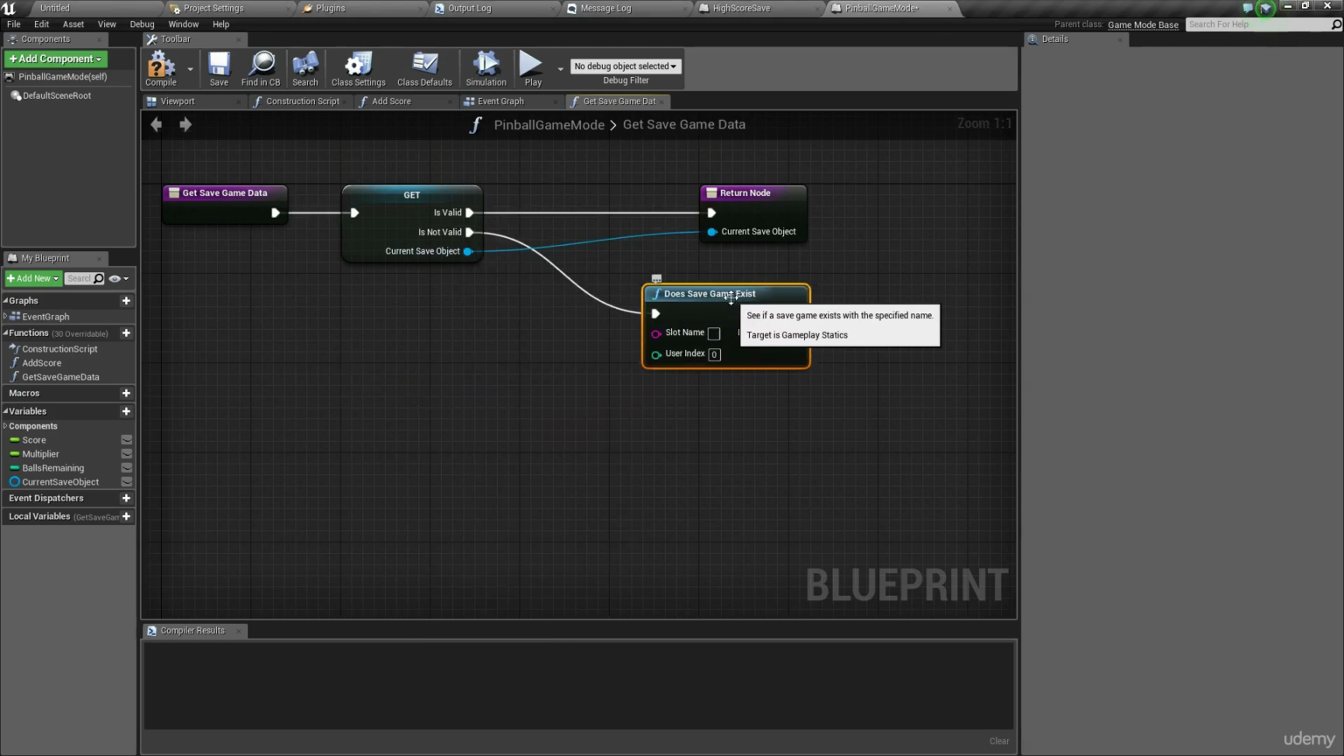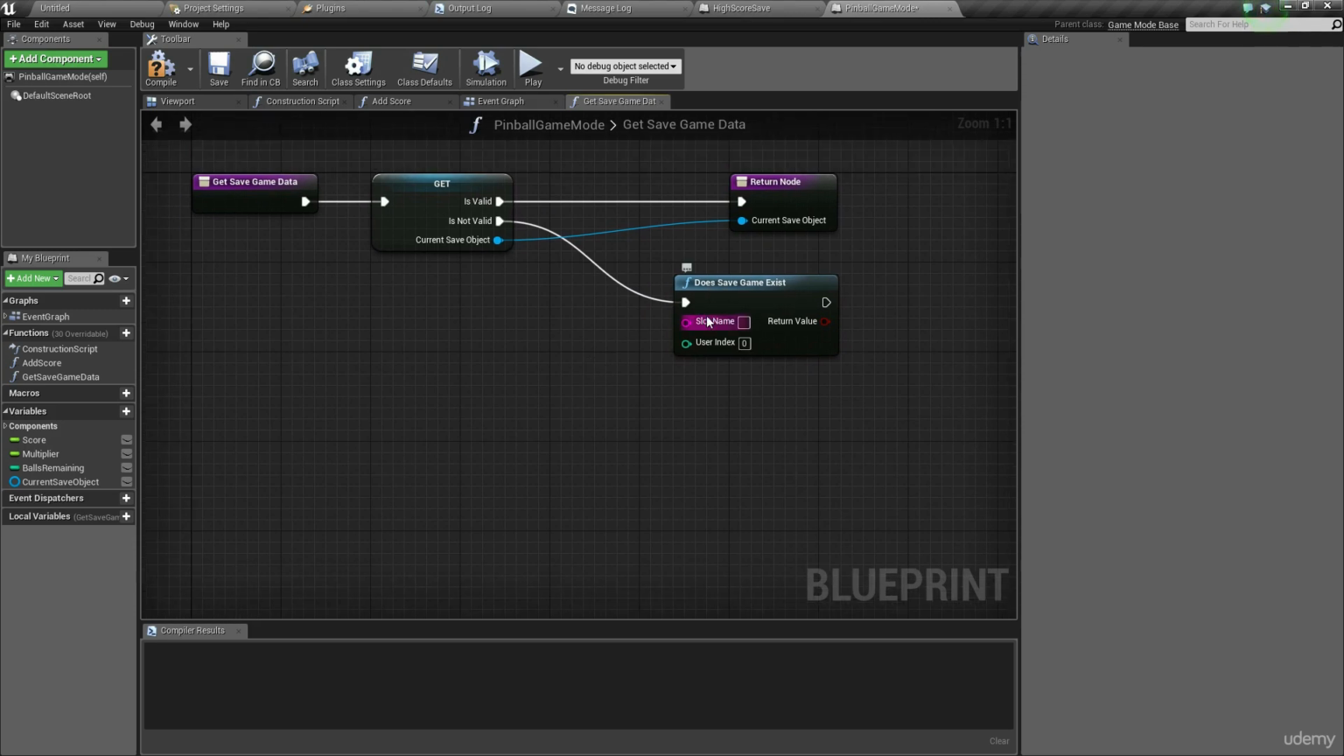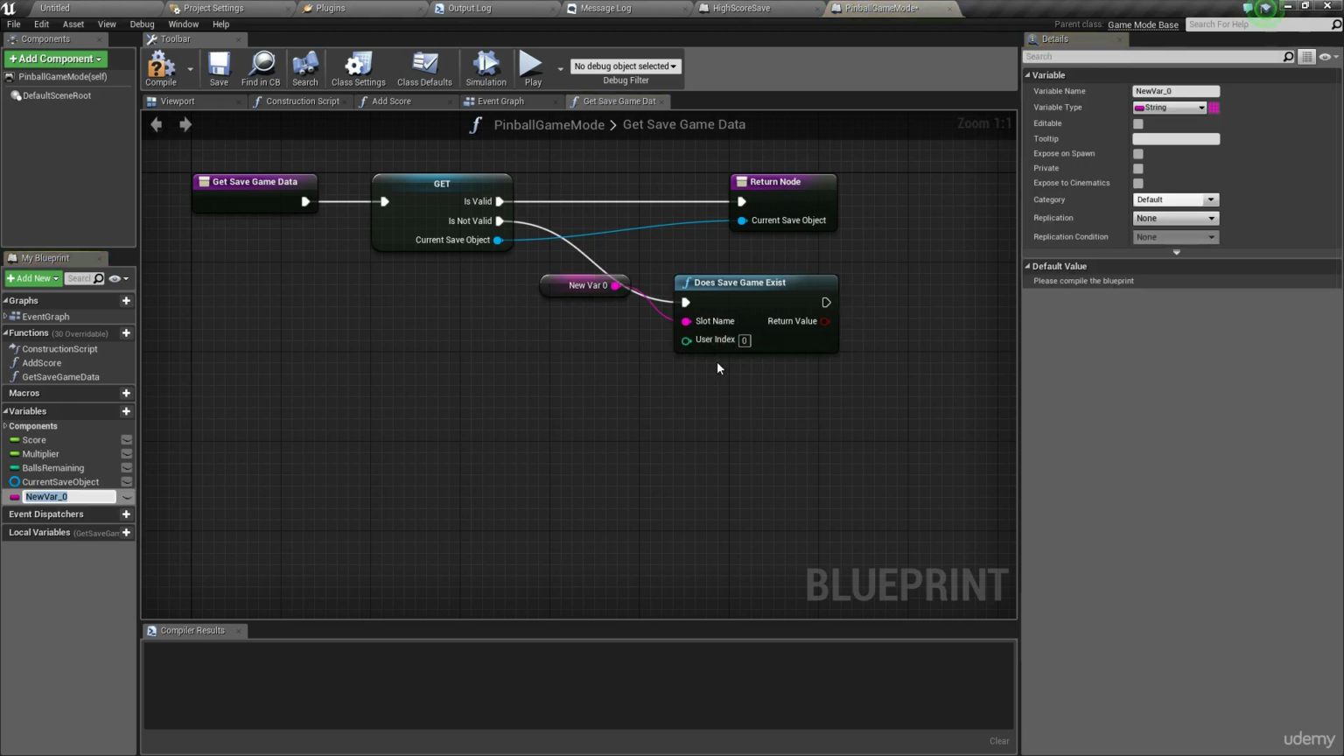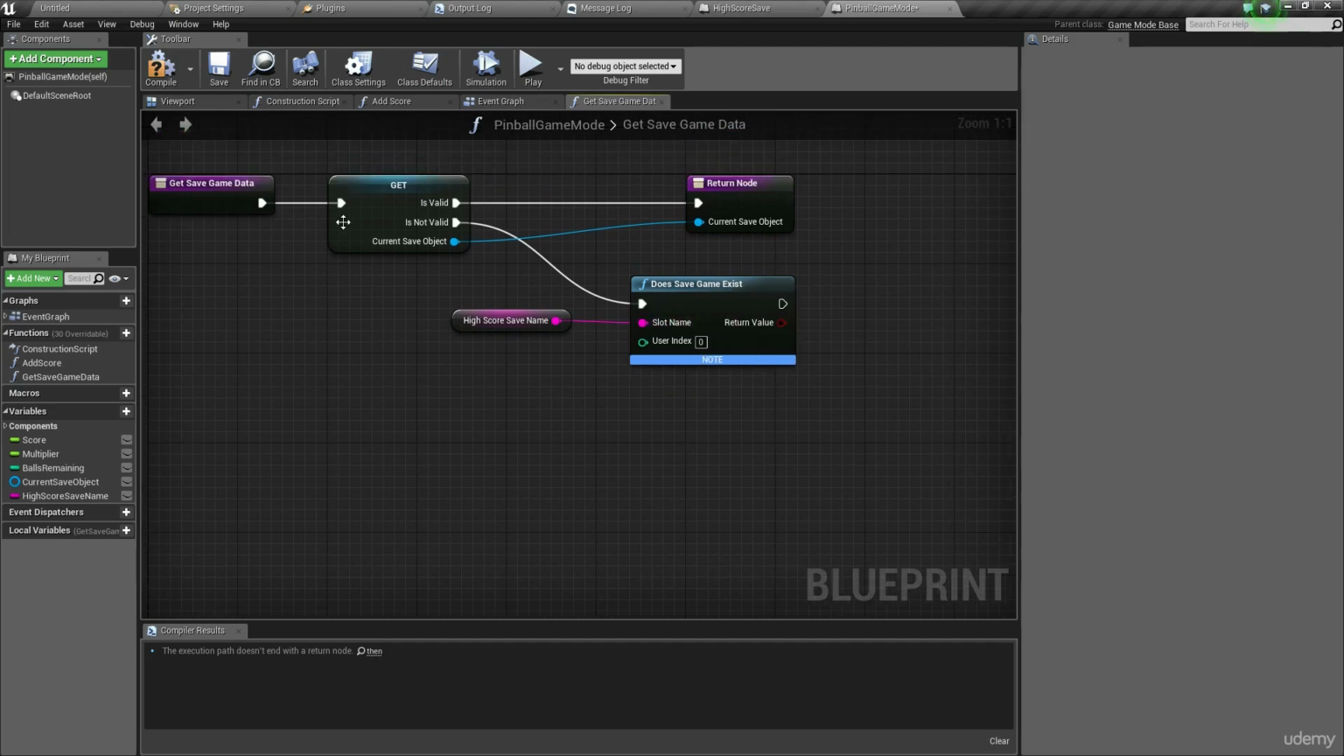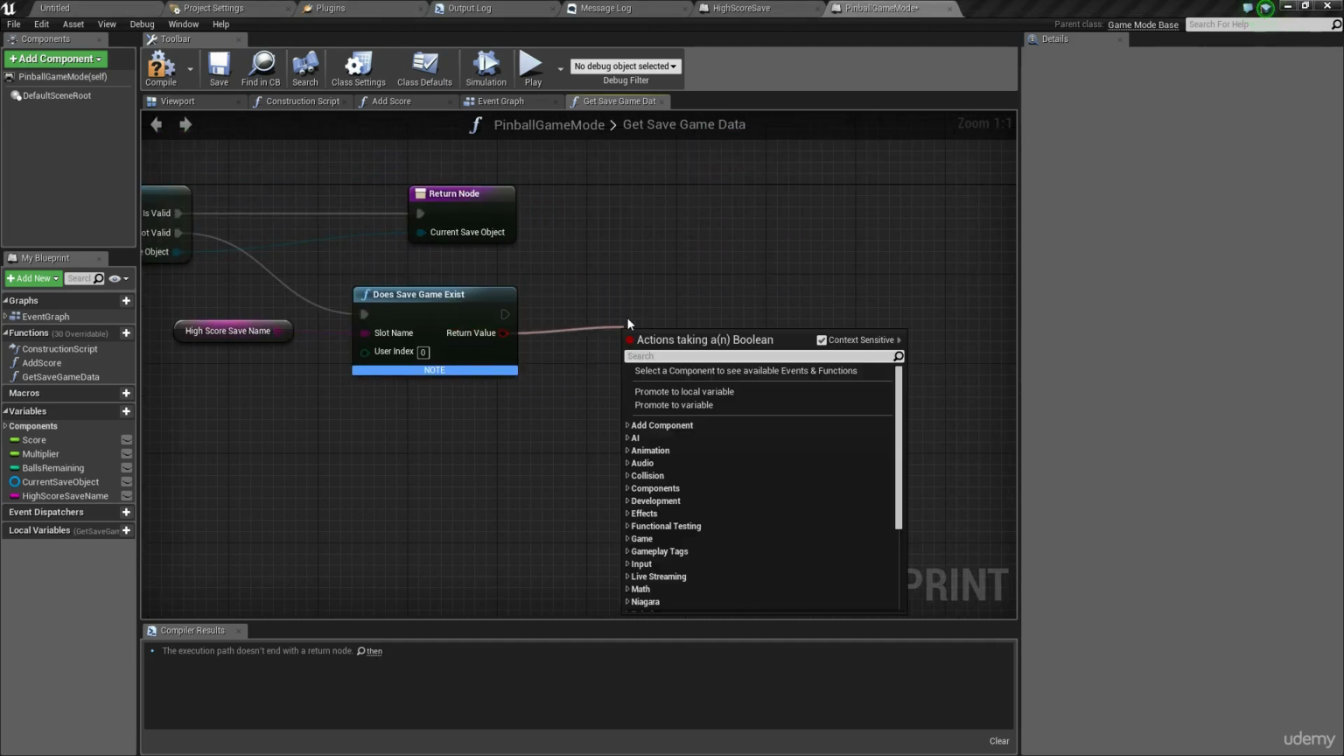So we're going to check if the save game exists, which is going to require us to have a save game name. Now, I personally like storing this in a variable since it's the kind of thing that we pass around a bit. If you wanted, you could just type it in every time, but let's create a variable. I'm just going to call this high score save name. And we're going to quickly compile, and the default high score save name, let's go with something simple and just call it high score. So we're going to say, does the save game exist? Called high score. Now if that's true,